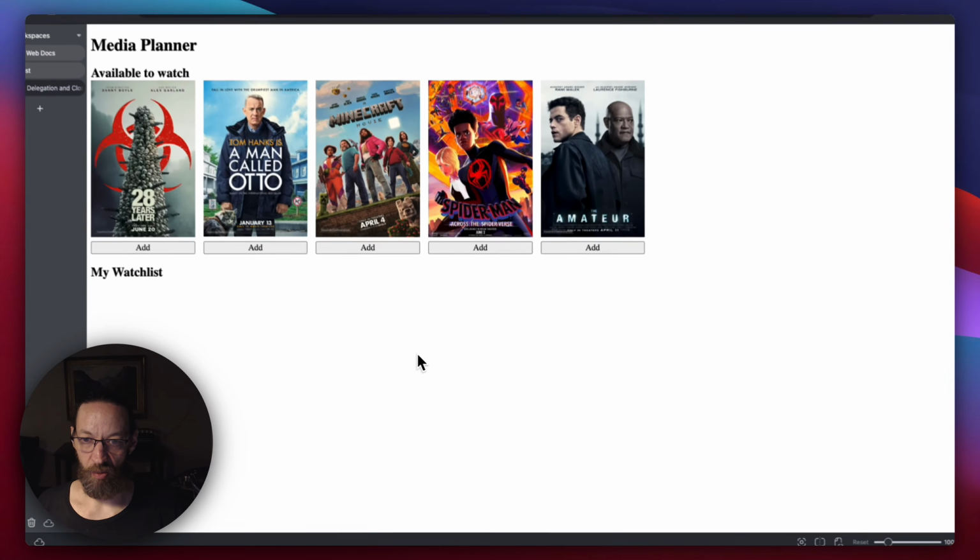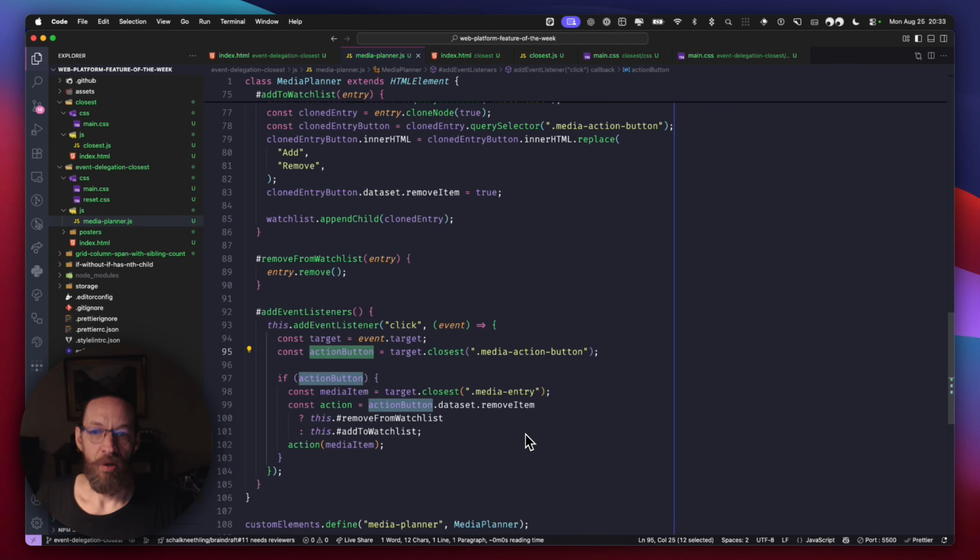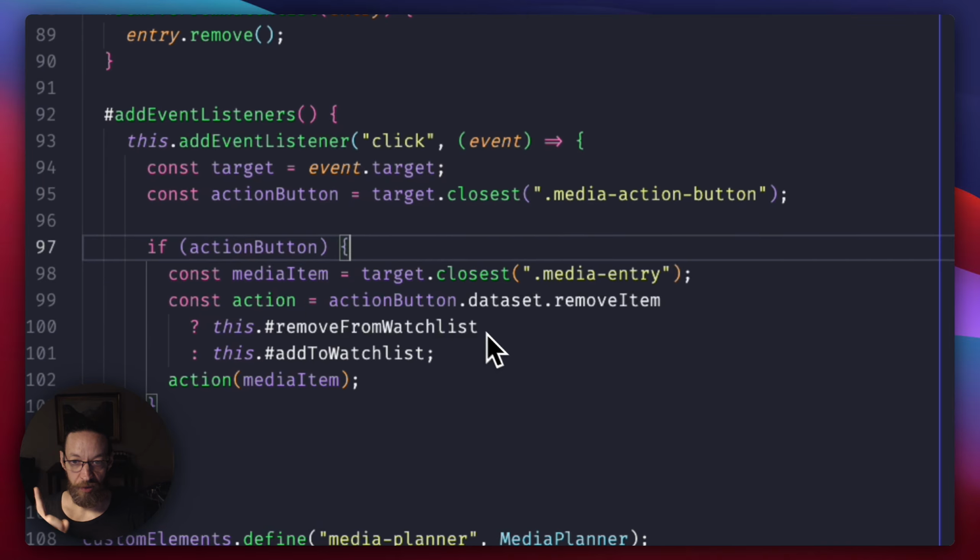Now, right now, we won't have a problem with something inside the button triggering the event. But if we choose to add little icons in here, then again, not a problem. Because even if the event is triggered by, for example, an SVG or one of the paths inside the SVG of this icon, we will go up and see if we can find a parent with this class, right? But we are also using